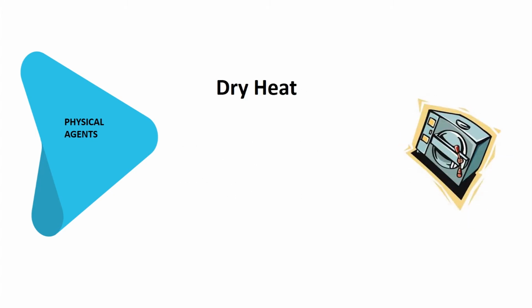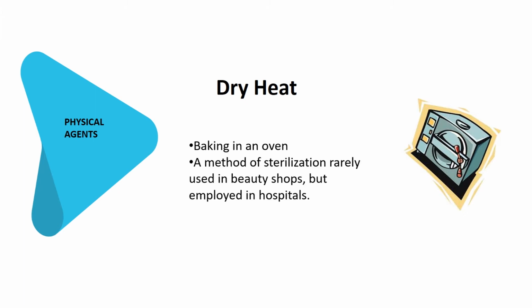The second physical agent is dry heat, which is baking in an oven, a method of sterilization rarely used in beauty shops but employed in hospitals. So dry heat is a physical agent which you will be able to find majorly in the hospitals, rather than the beauty salons. The third physical agent is